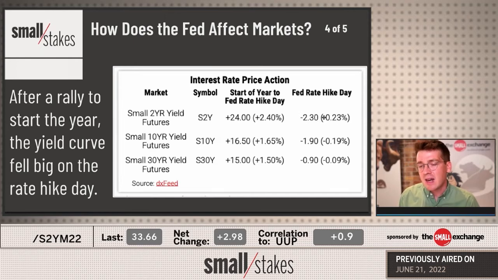And then the day that it happens, some of the interest rate markets are giving back a little bit. Fed Chair Powell came out and he said, we're going to hike for sure, but we're not going to hike maybe as much as you think. The short-term interest rate market really came off, and the longer-term one came off, but not by nearly as much. And so this speaks to, one, the direct effect that Fed funds rates have on short-term rates and less direct on long-term rates. And two, that on the Fed rate hike day, they hike by 75 basis points and rates move lower because they're pricing in the next move.